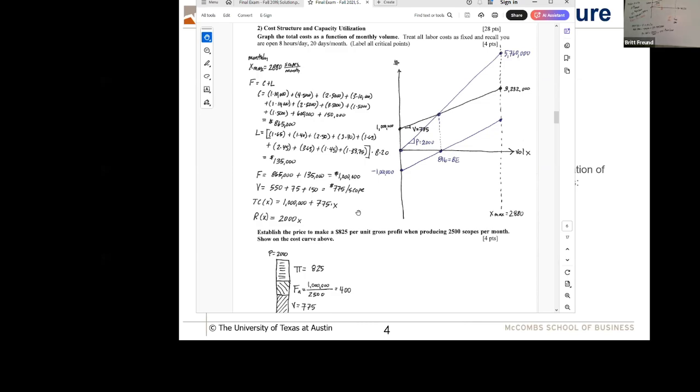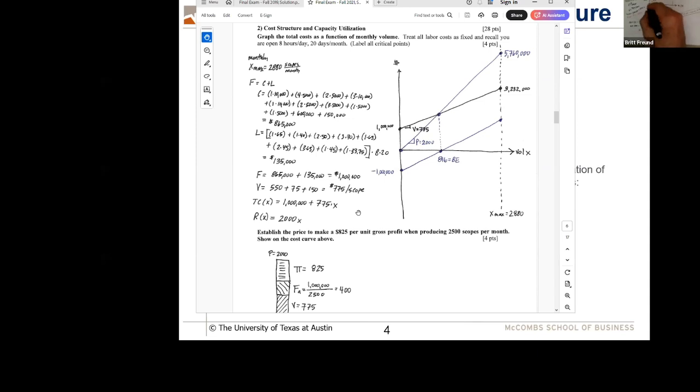the idea of, let's see, I don't have another color. I thought I had a blue, but I apparently don't. So we're going to just use black again. Here, maybe this is blue. Okay, so remember our EBIT, yeah it is, EBIT in any volume X, like we used down here, is minus F, right? Plus, well, now we know our P is $2,000. We know our V is 775, so that's $1,275 of contribution margin times X. So this would be my EBIT equation, and I can plot that.